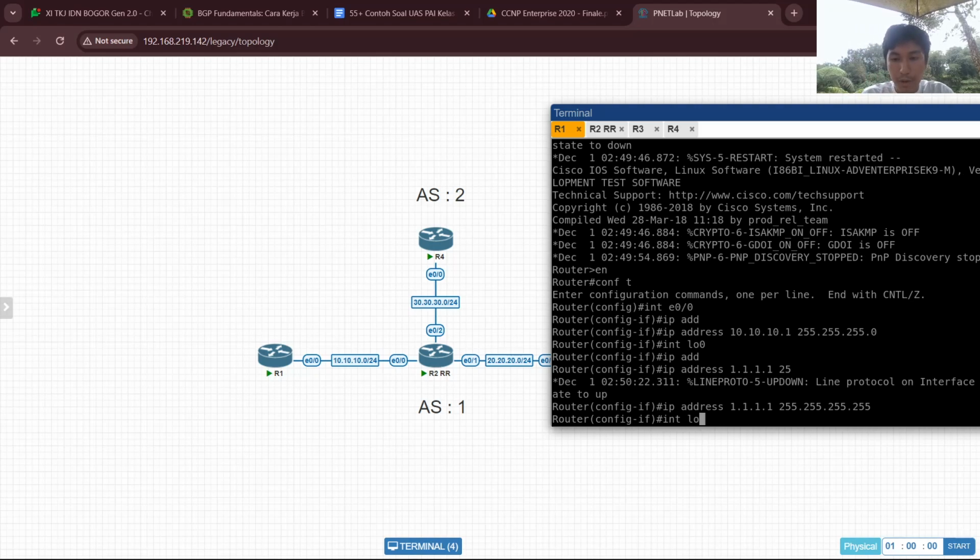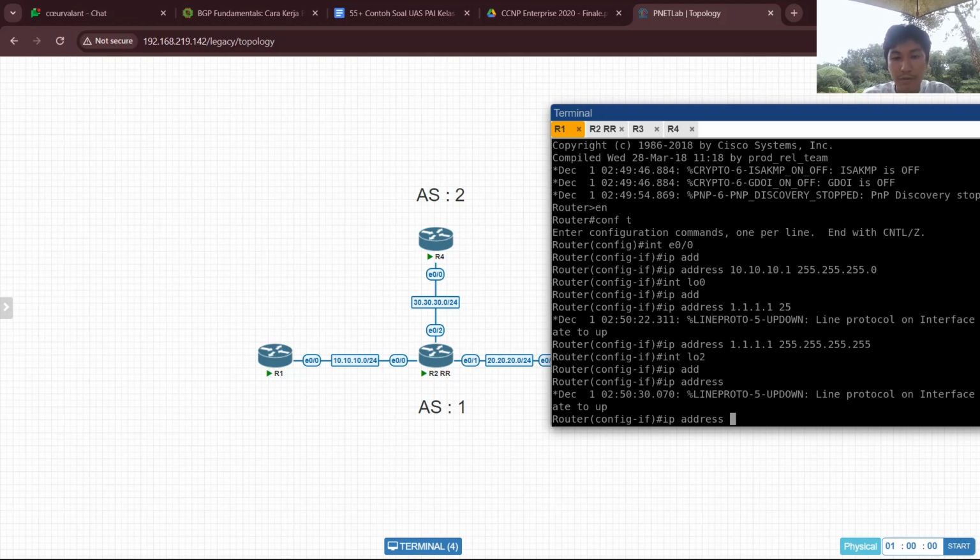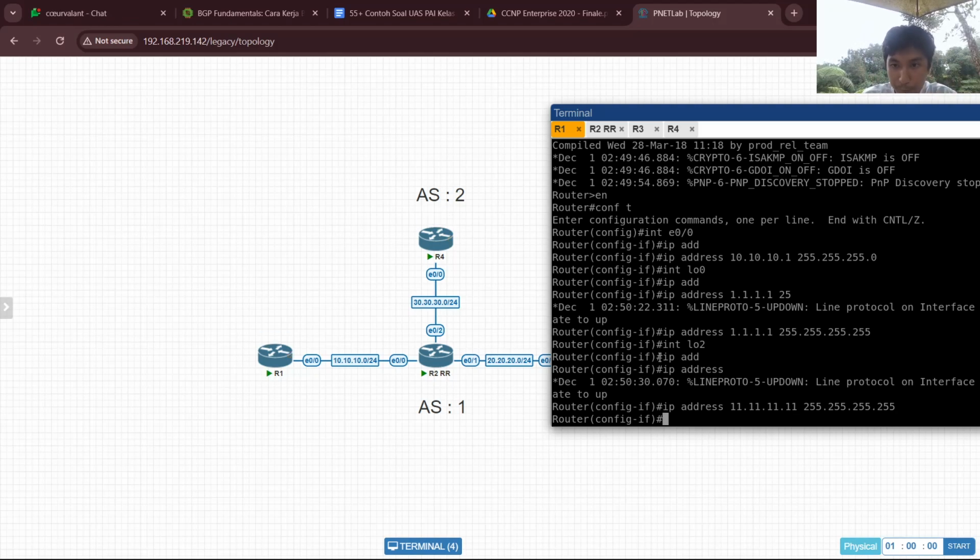We will make 2 loopbacks for the experiment, the BGP community. On router 1, there are two loopback IPs: 1.1.1.1 and 11.11.11.11. The 11.11.11.11 address will be the experiment for trying the BGP community attribute.